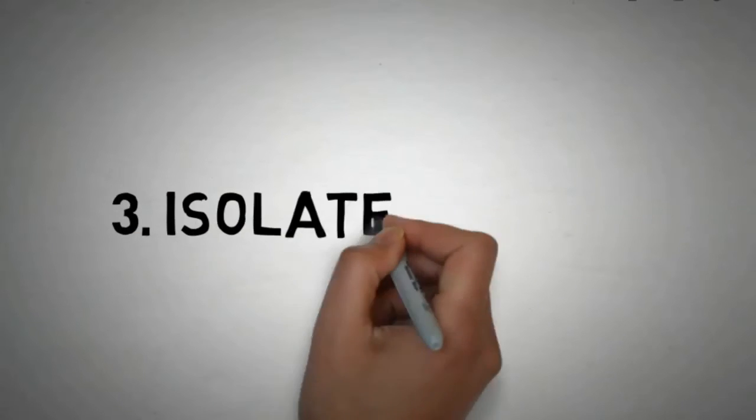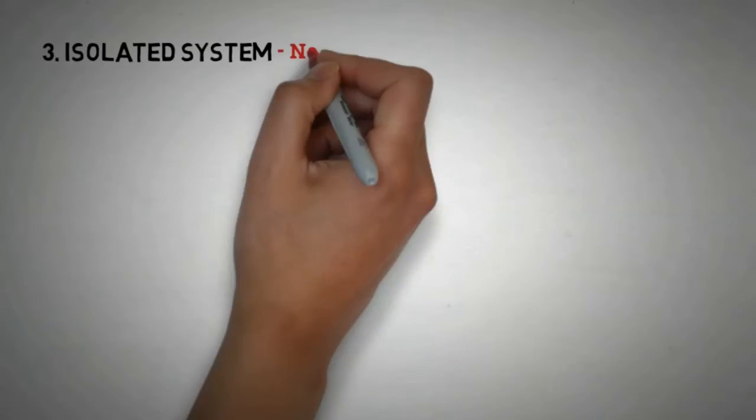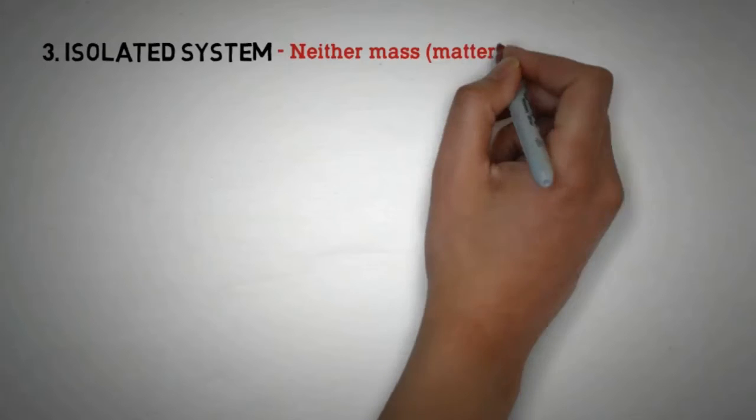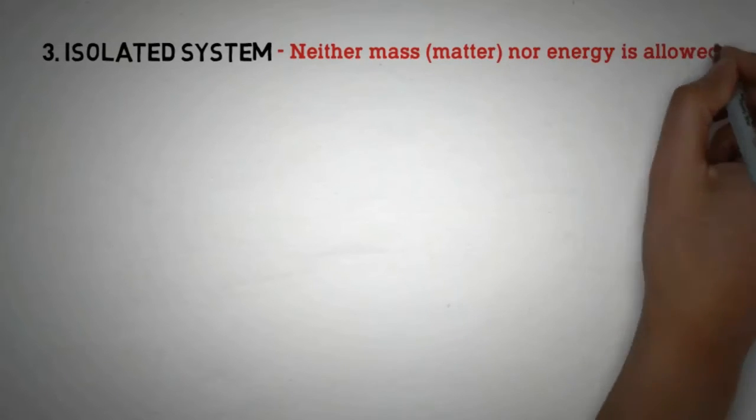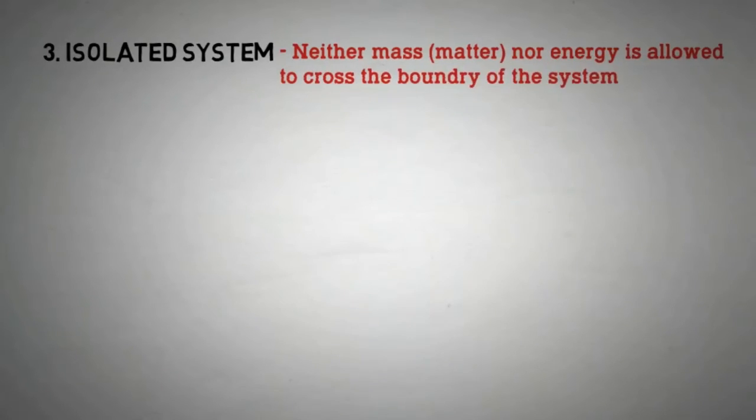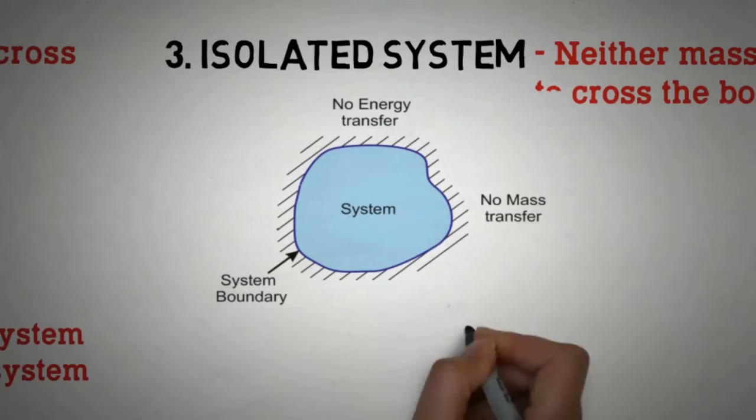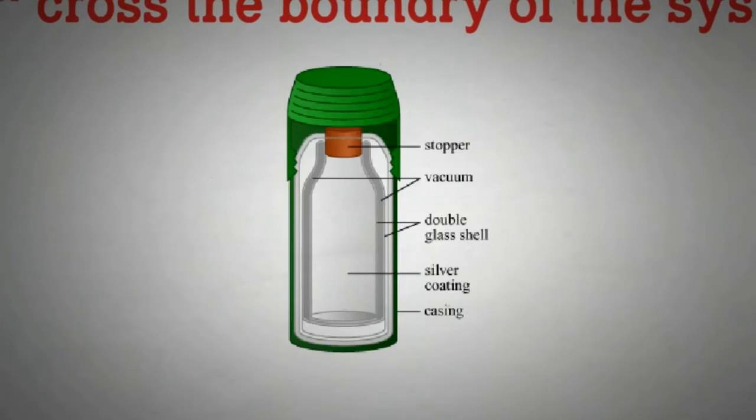Isolated system. Isolated system is a system in which neither mass nor energy is allowed to cross the boundary of the system. A common example of isolated system is a thermos flask in which both mass and energy remains within the walls